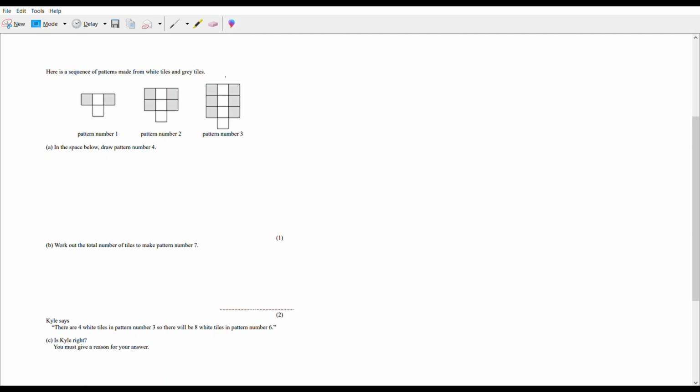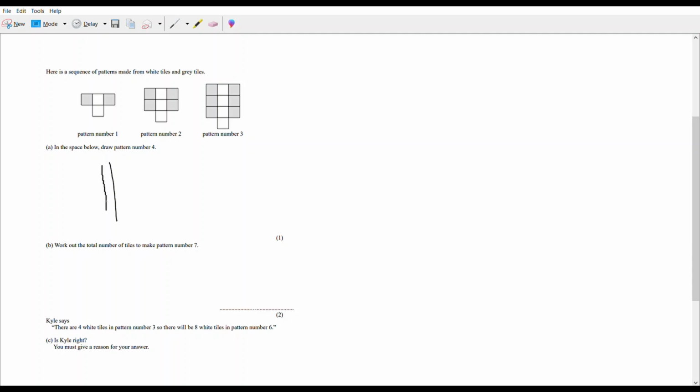Okay, so generally speaking, I don't know why people get scared when they see diagrams of this. It's not scary. It's just following the same procedure as you'd normally do. So you can see here, there's one on this side, one on this side, and two white ones for pattern 1. Then it goes to three white tiles and 2 on either side of that are grey tiles. It goes to 3 grey tiles here and the 4 white tiles in the middle. So clearly pattern 4 is going to be